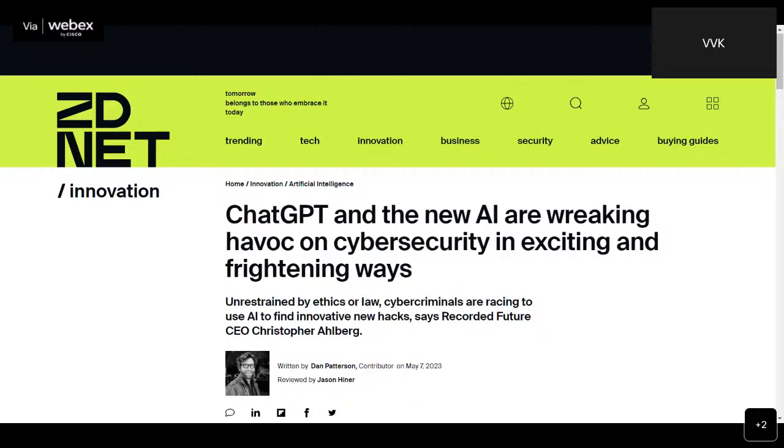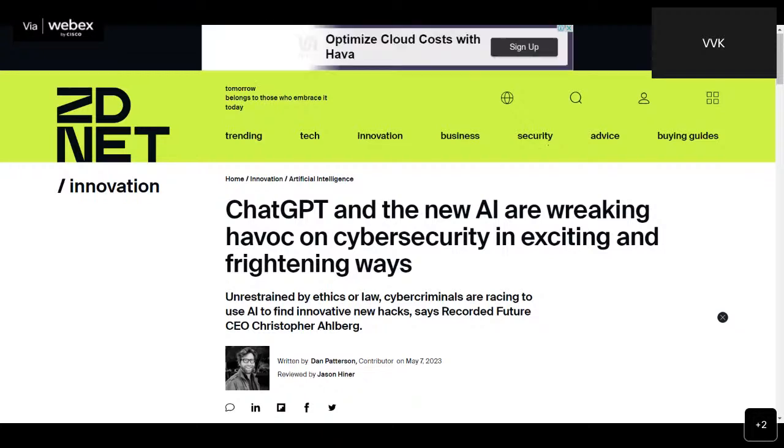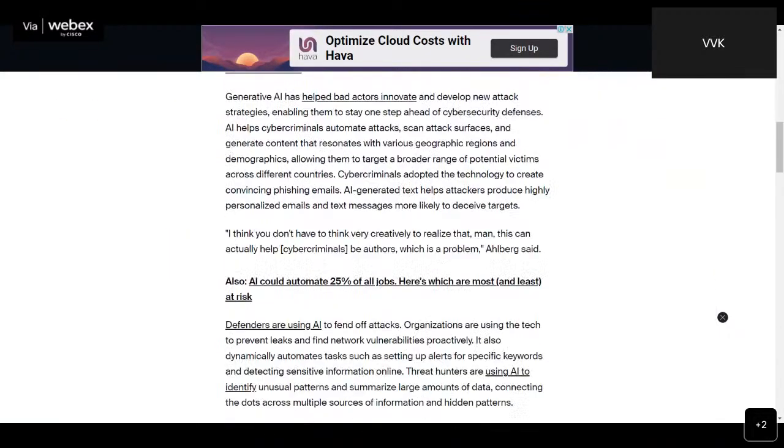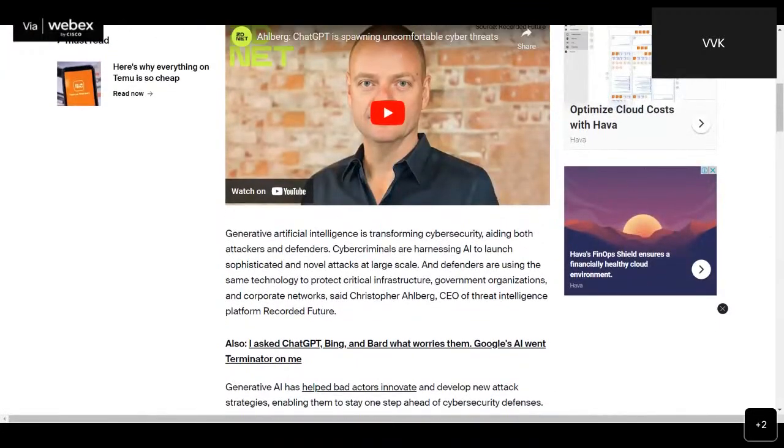So as you can see here, there are many attacks being designed through AI-based tools.